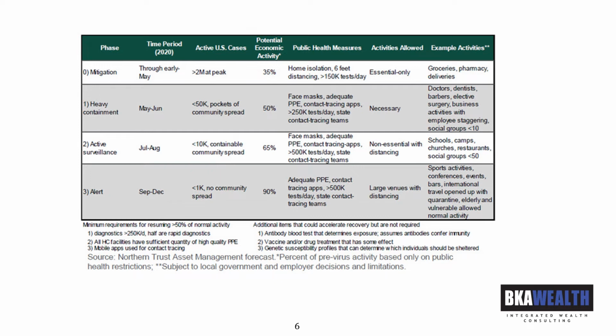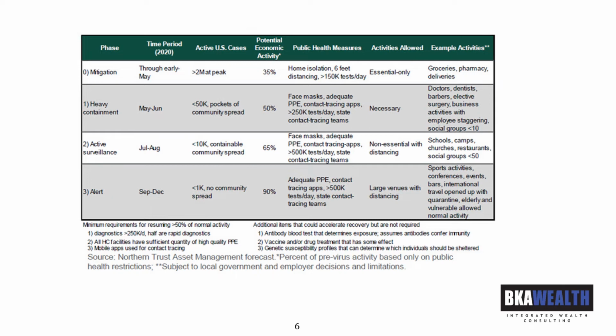smaller groups, gradually evolving to larger groups, but you're still going to see some mitigation measures, face masks, and those types of things. Obviously, we need more contact tracing, and there are applications on our cell phones that could evolve to help us with that. And then over the latter 3 months of the year, dovetailing a bit when we feel like there's going to be some more meaningful economic growth, then we're on alert. Then we can get back to sports activities and conferences and events and things like that with adequate controls in place.